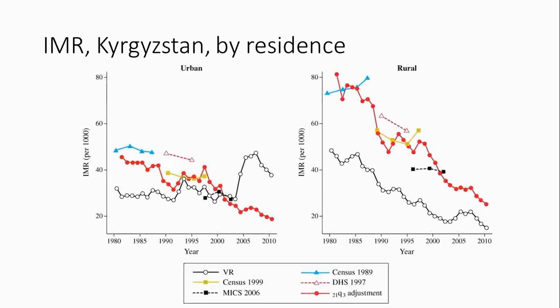Now let's look at the outcome of this adjustment procedure by residence, for urban and rural areas. Same approach: we have the unadjusted rate and the adjusted ones. The red dots, the adjusted procedure, are pretty consistent with the survey data. But the most important observation is that once we look at the adjusted VR data, there is no crossover between urban and rural areas anymore. So it looks like the rural advantage was indeed not real in that period.